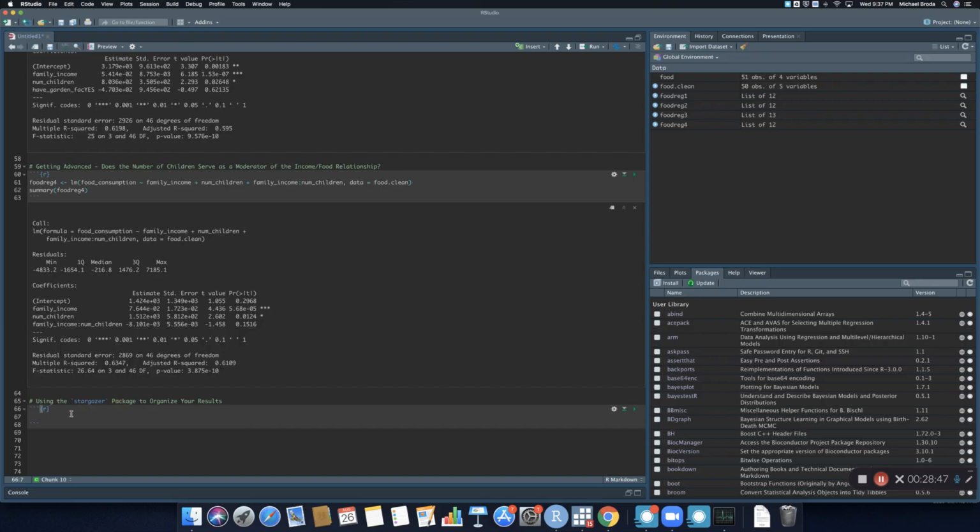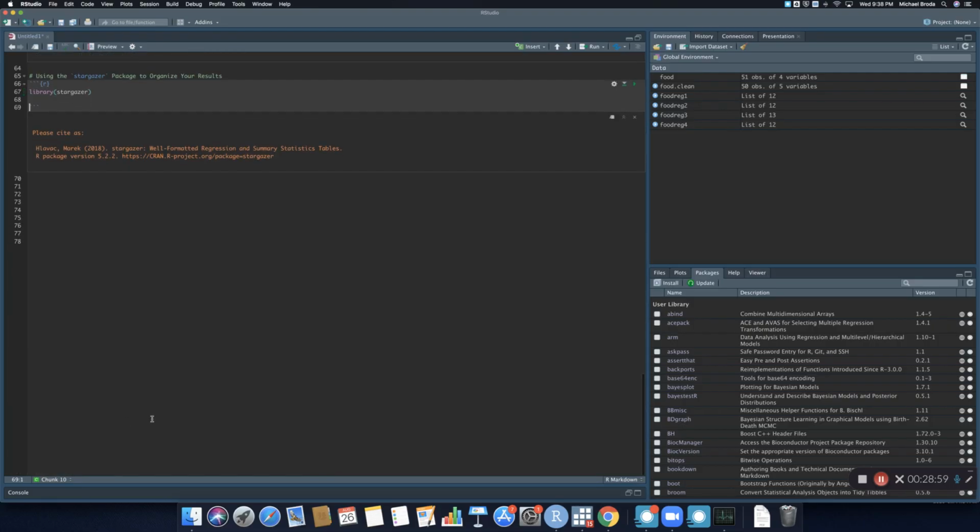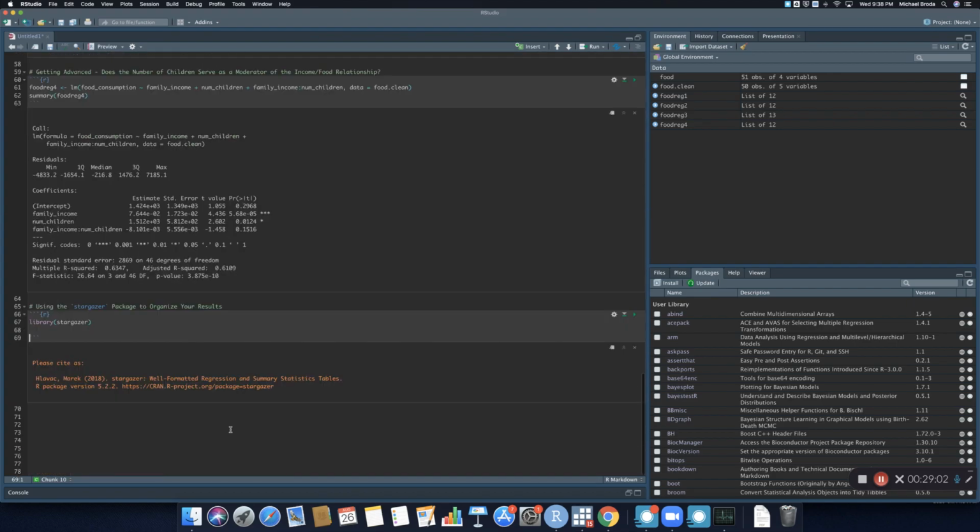So what you can do, first you want to load up the Stargazer package. So I'm going to type library and then Stargazer. And there it popped up, so I have it on my machine. If you don't, of course, you can, and you get a little cite there, you can,